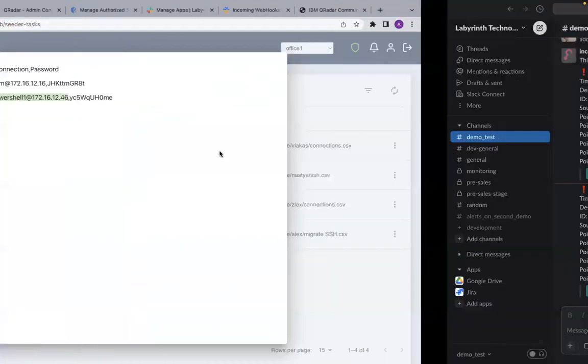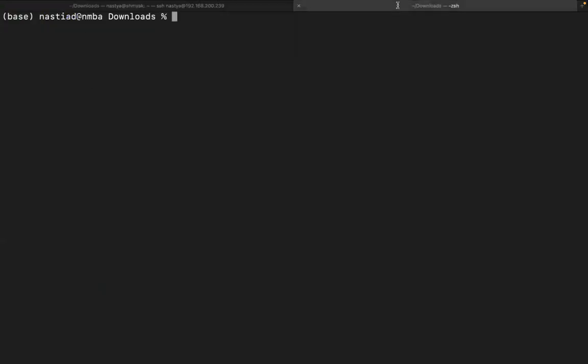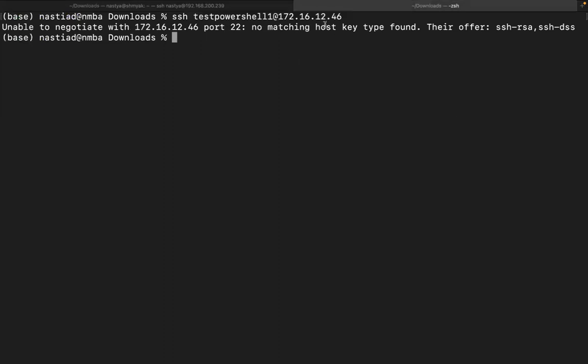Let's use some credentials. In my case, because of the configuration of my machine, I have to provide an additional parameter. So let's try host key algorithm